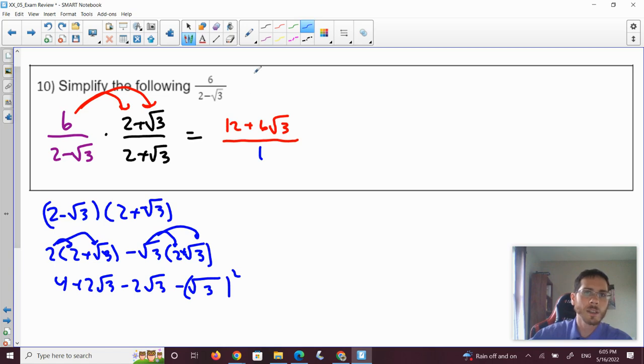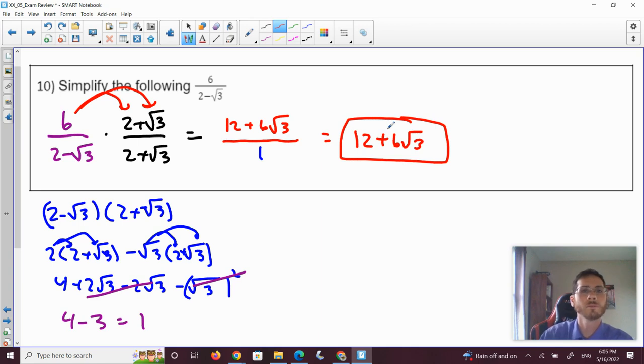Negative radical 3 times positive radical 3 is negative radical 3 squared. So these are going to cancel. 4 minus 3 equals 1. So that's how we get our 1 there. Since we're dividing by 1, the final answer is just 12 plus 6 radical 3. And we're all set. That's all we got. Pretty easy if you got the TI calculator, since you may be able to throw it in and double check